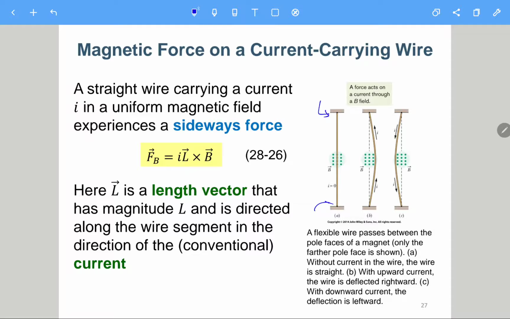If there is no current, even if we apply some magnetic field, there won't be any force acting on this wire. However, if there is some current going through the wire, then there will be a force acting on the wire,